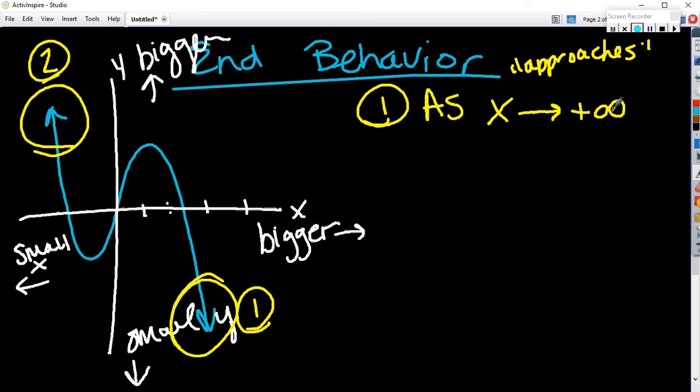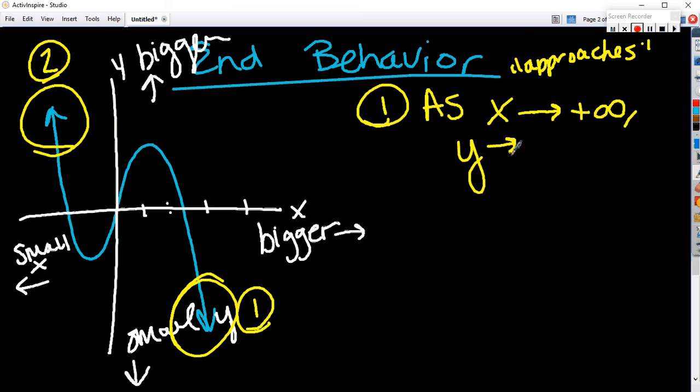what does that symbol mean? Plus what? Infinity. What is infinity? Forever. Really, really, really big, right? Positive infinity is really big, yes? Do we agree? Where is x really big, graphically? The right side, right? As we move right. Okay, so that tells me I'm describing end number 1. As x gets really big,